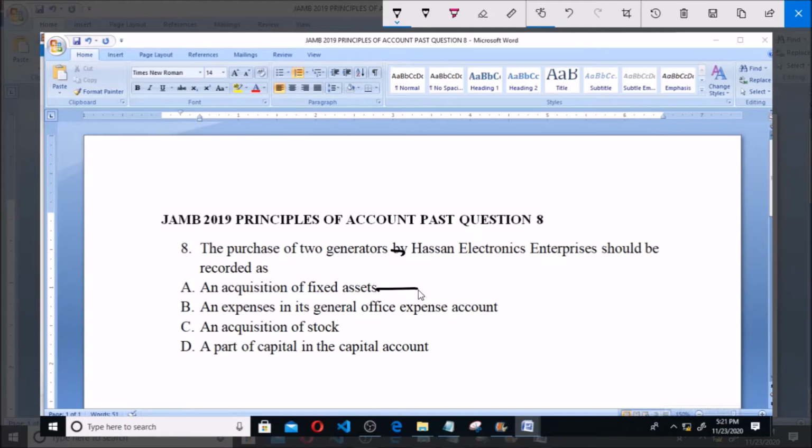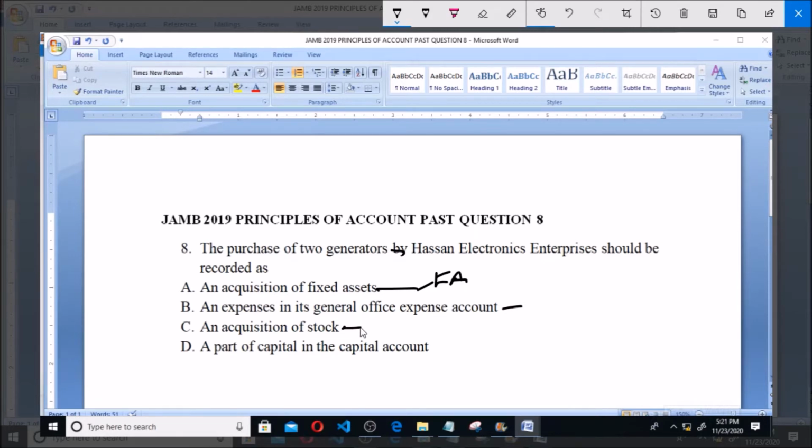It's a fixed asset account item, and it's an asset item. So fixed asset accounts acquisition, we acquired, so we are receiving it. Then B, an asset and expenses in its general office account. It's an expense but not in general office accounts. Okay. C, acquisition of stock